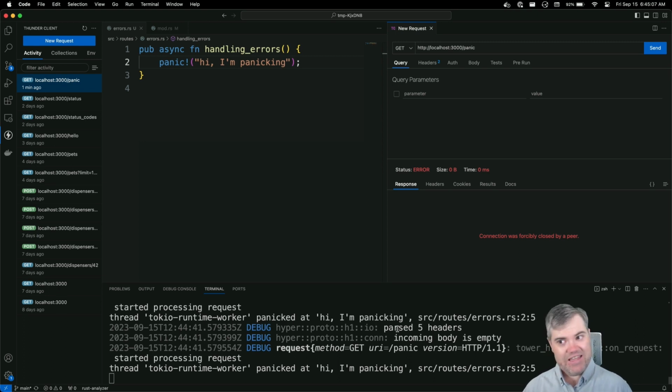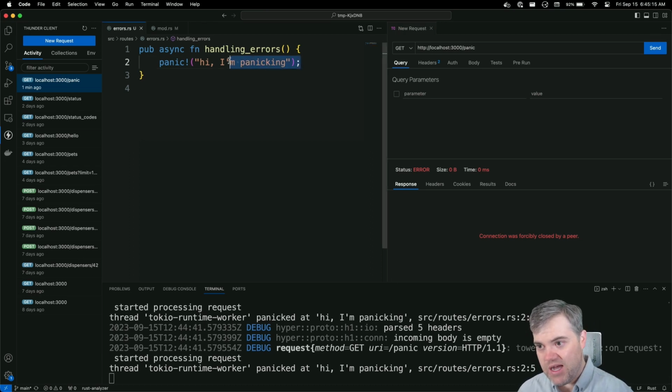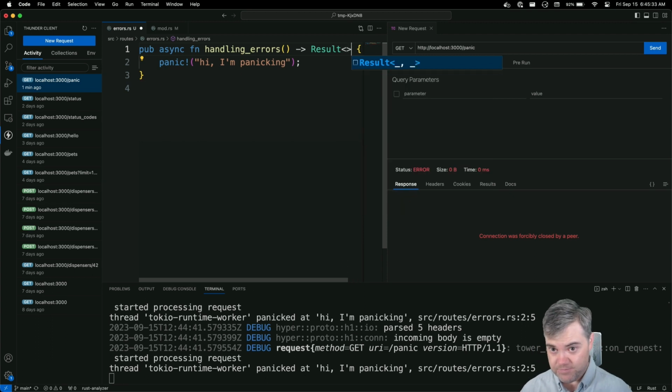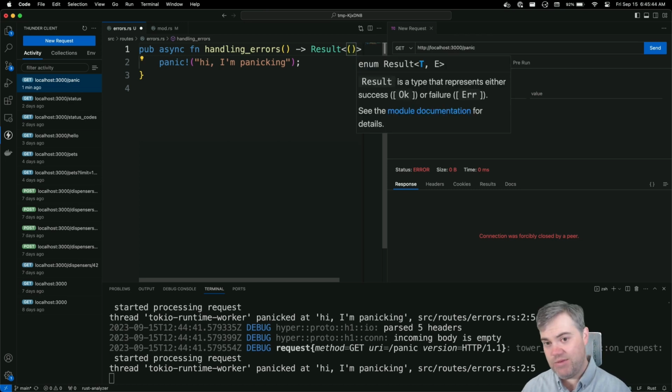So that is a silver lining to this. That being said, let's be careful about using panics in our code. So let's talk about what we can do instead. If we want to return some kind of status code if it's an error, but also not a status code if it's not an error, then we'll need to return a result. I'm going to return a normal result. And a normal result, the first argument to this, that's going to be the okay route. Now, I don't have anything okay here, so it's going to be nothing.